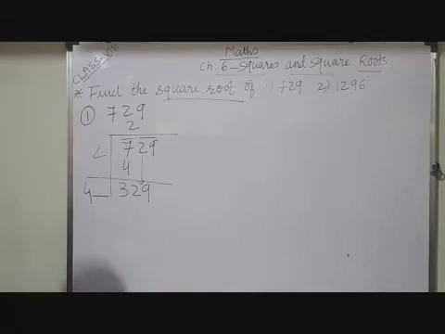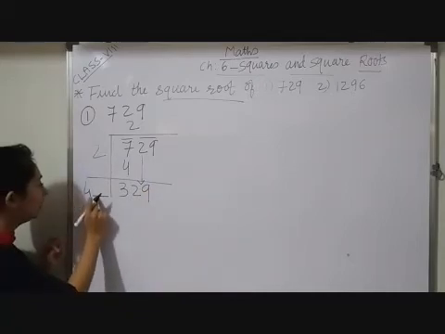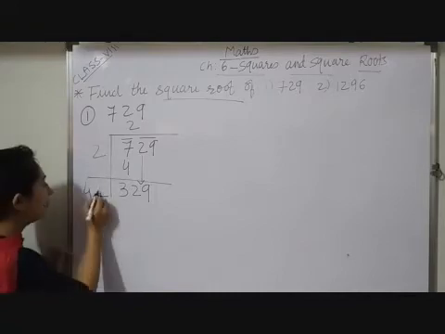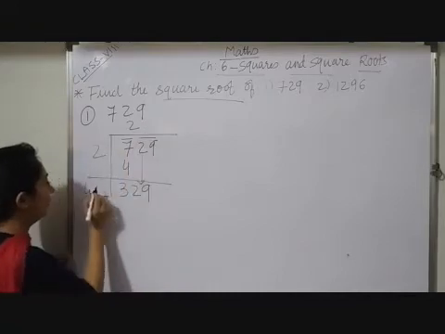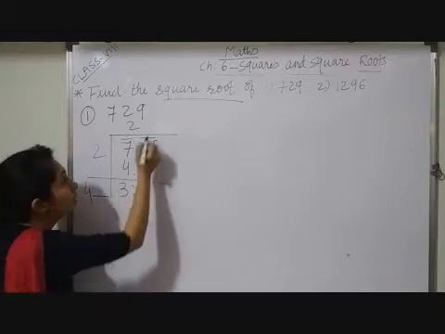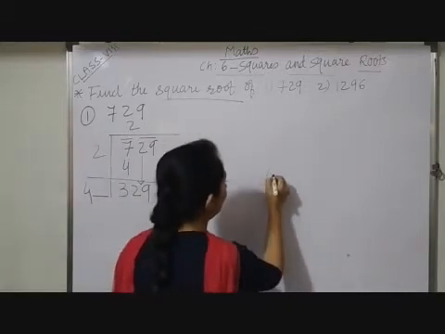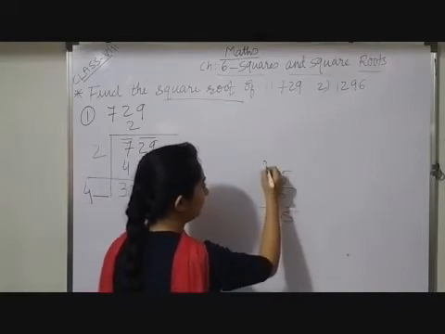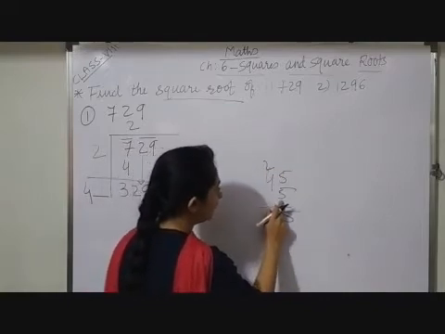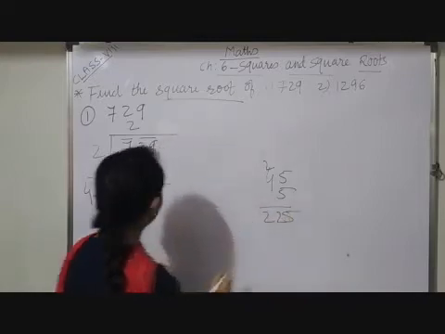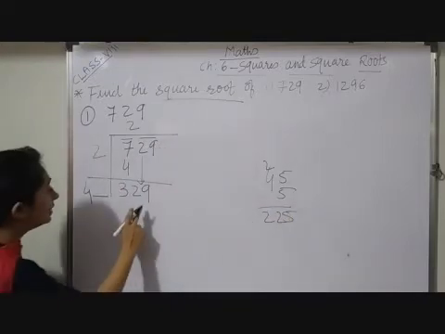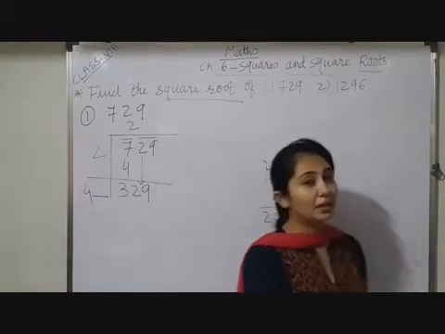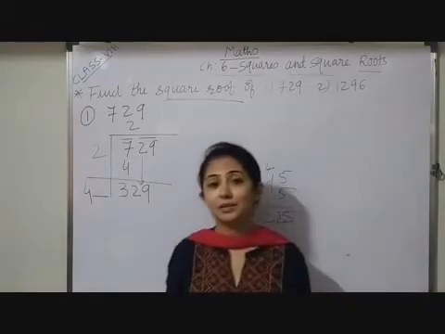Now after that, what do we have to do? See, a blank is there, which means in the blank the square table will be used. If I multiply by 2, 2 will come. If I multiply by 4, 4 will come. Suppose 45 times 5: 5 fives are 25, 4 fives are 20 plus 2, that gives 225, which is very less. Here 9 is the unit place of a big square number, so 9 will come as a unit place.